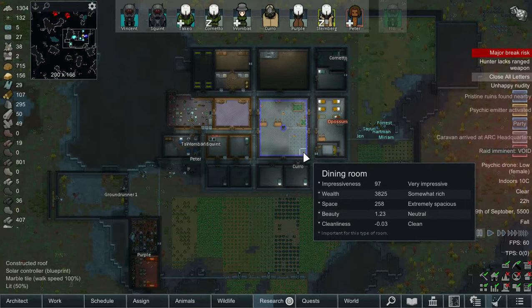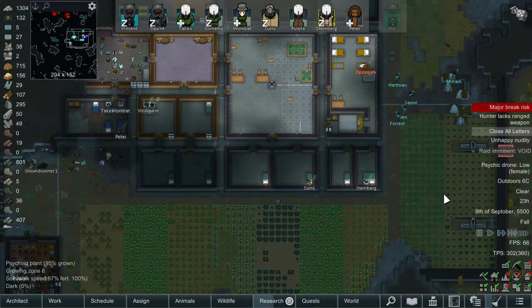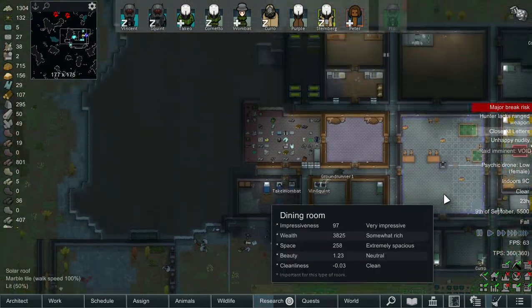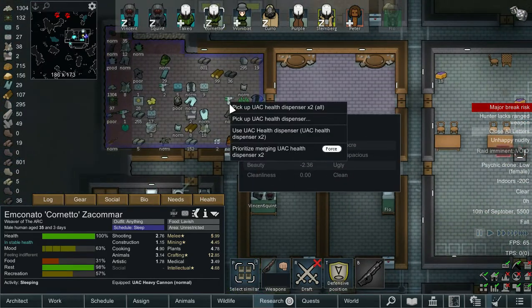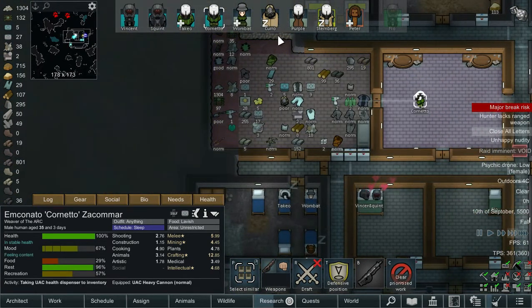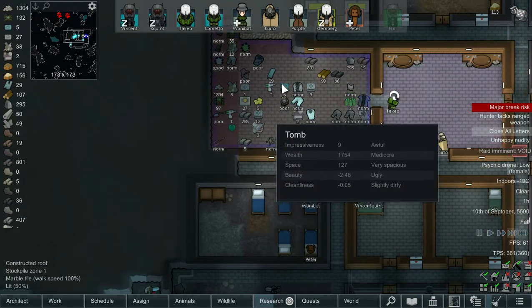But if they land in the wrong place, we're dead. Sweet, we'll figure it out in a sec. See, the thing about Void is he's really, really interesting in the sense that if you don't corner him into a fight and he just drops in, then all they do is go around and loot a couple things. So if we just get Cornetto to pick up all of those health dispensers, and then we get Churro to pick up all the health dispensers as well,